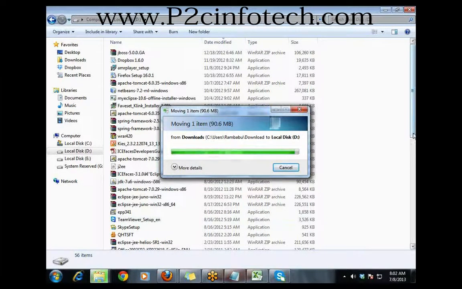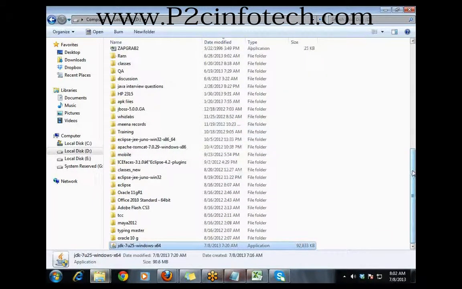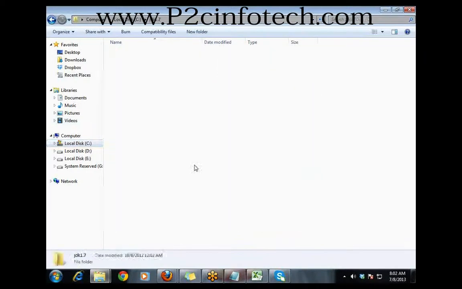And I'll make sure that I'll prepare a document on installation with all these steps, and I'll keep it in Dropbox so that you can view it even if you have any kind of issues. So once you have downloaded this one, double click on that, go through the installation step by step, and make sure that you install Java in the JDK 1.7 folder.